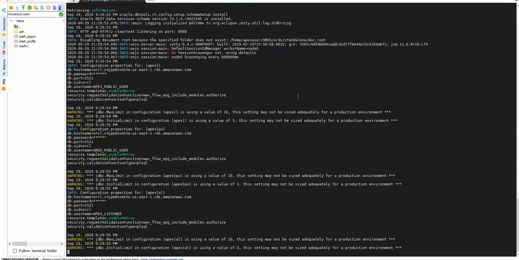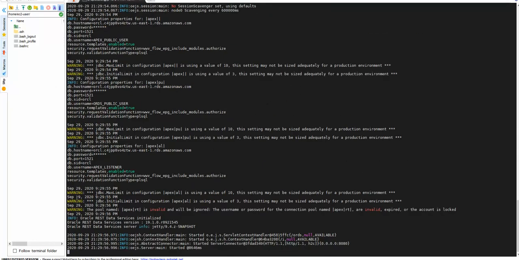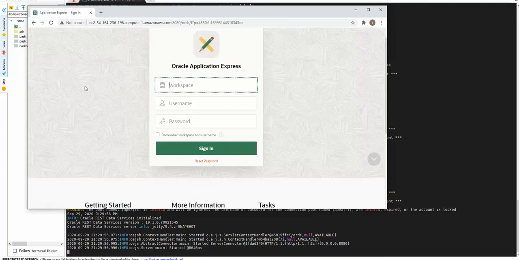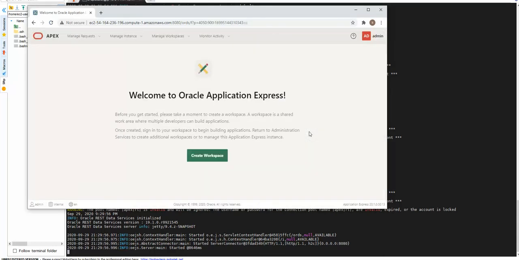Okay, since everything was done from the previous step itself, it should be basically restarting the service again. So let's go back to our Apex instance and refresh this one here just to make sure. Okay, good. Now let me try to connect to my internal instance. The admin is the one which we actually configured, and the password, I'm going to put the password which I have configured here. So we are able to basically log into our Oracle Apex instance also.